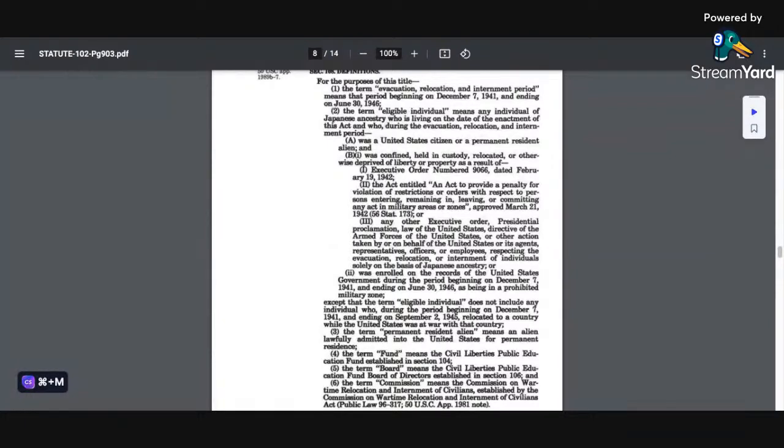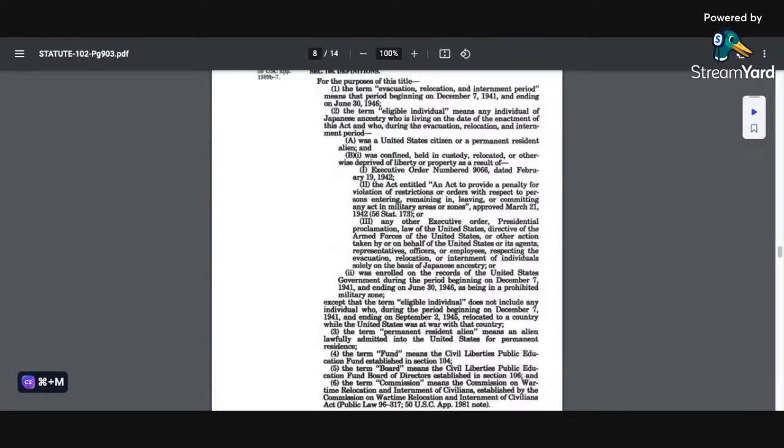Or 3. Any other executive order, presidential proclamation, law of the United States, directive of the armed forces of the United States, or other action taken by or on behalf of the United States or its agents, representatives, officers, or employees